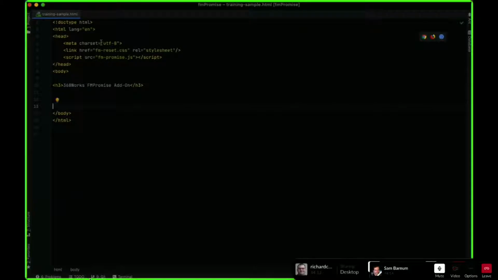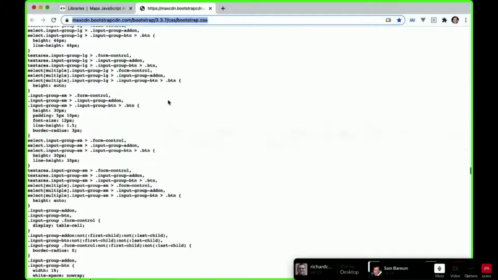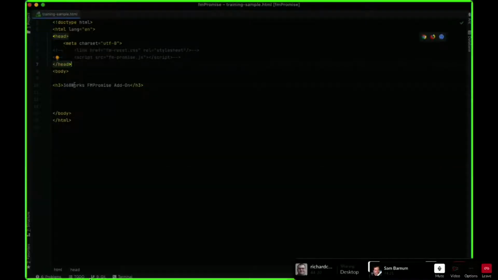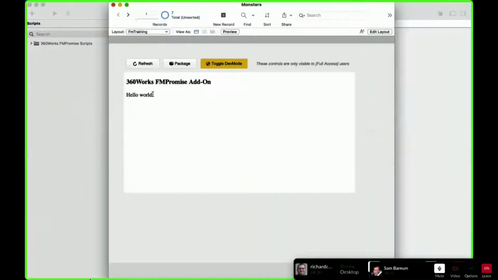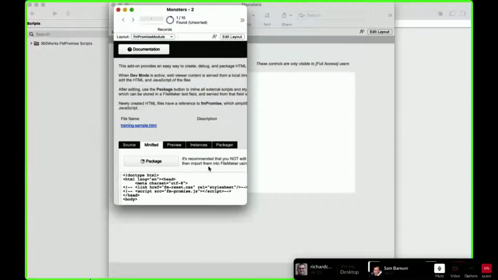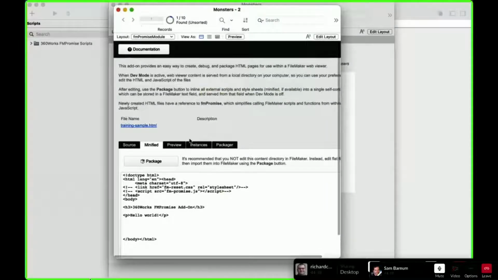And let's start with the most simple kind of thing we can, which is just, you got a header, you got a body. That's basic HTML. Forget JavaScript. So super simple. We refresh it. Got it. Our CSS is gone, so it looks very webby. And then we package it, and here's what we get.